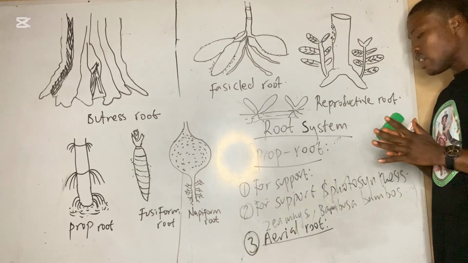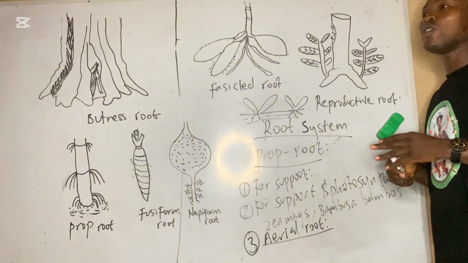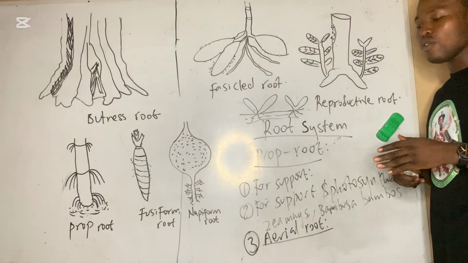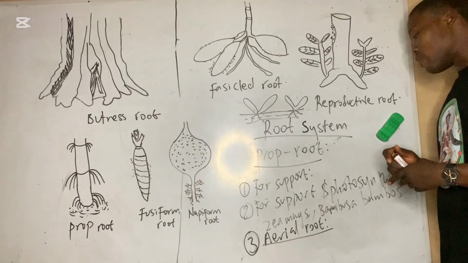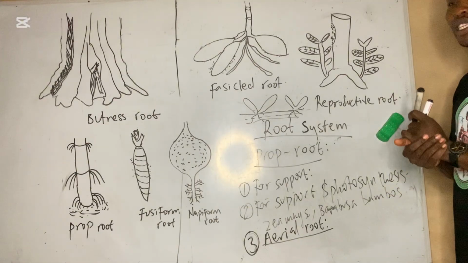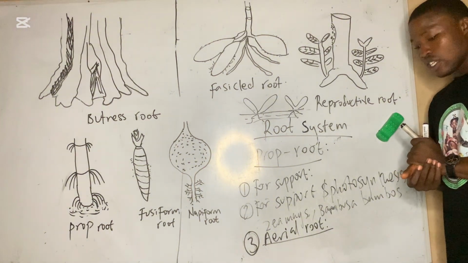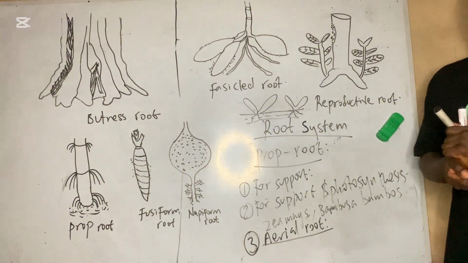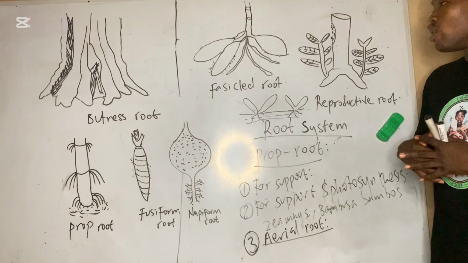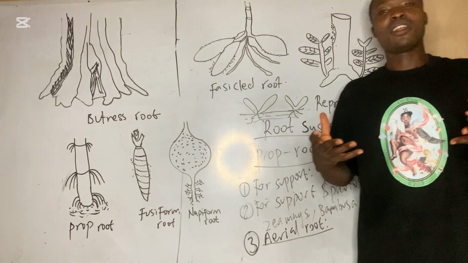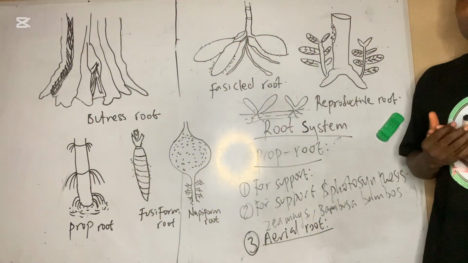Now we explain. Aerial roots can function for support and can function for collecting minerals. For instance, this aerial root, I would like to talk about them in two ways. There are aerial roots that support the branches or support the plant. So, for instance, a tree is growing. This is seen in the banyan tree. If you have seen the banyan tree,